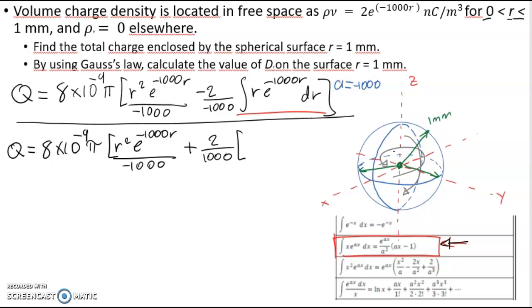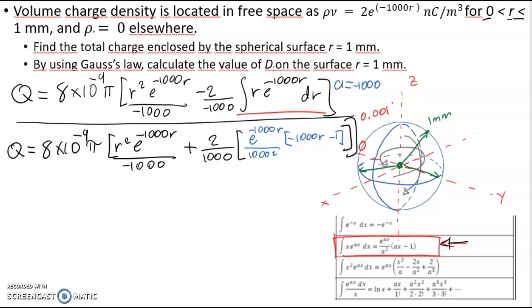That means e to the minus 1000 radius over 1000 squared times minus 1000 or minus 1. All that evaluated from 0 to